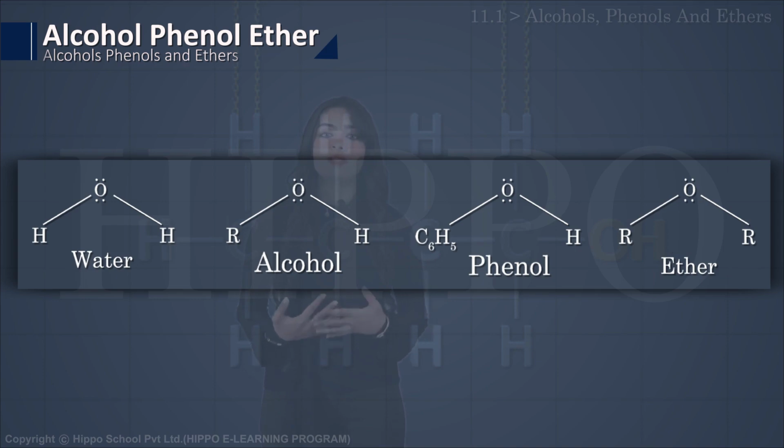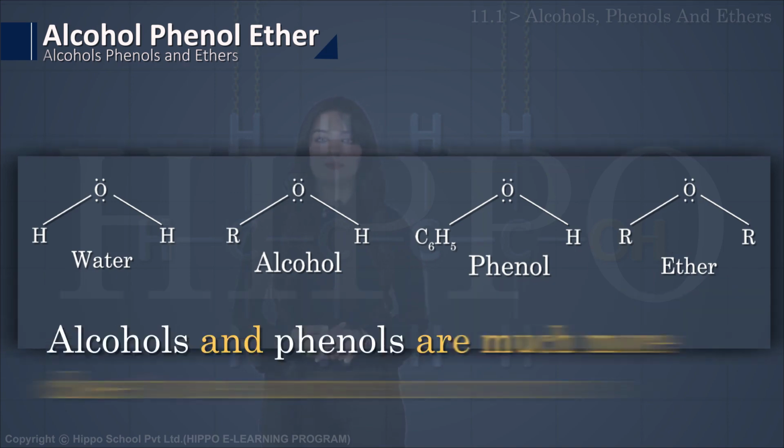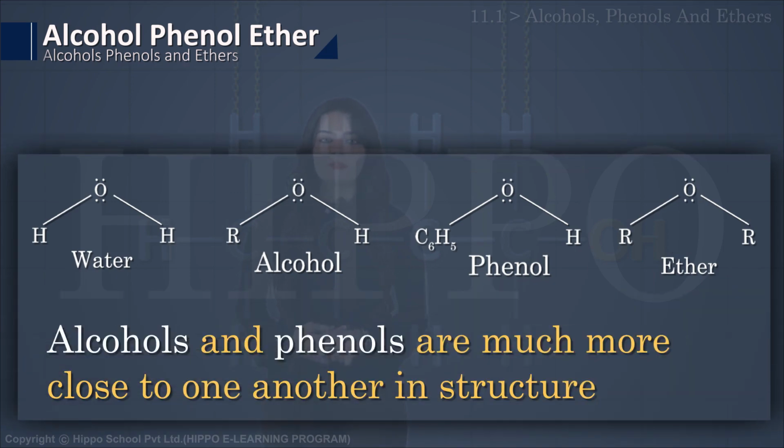That's why we say that alcohols and phenols are closer to each other. Why? Because you can see that there is H on one side of O. We also have H on one side of